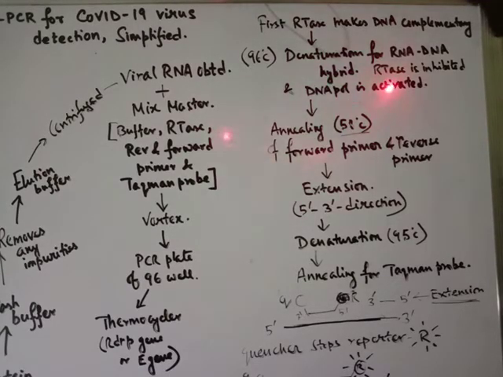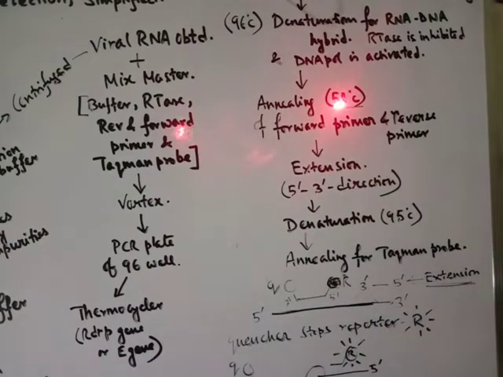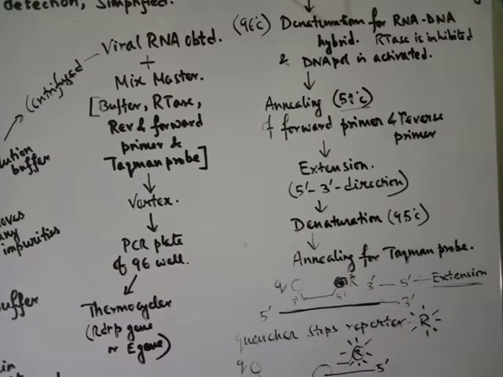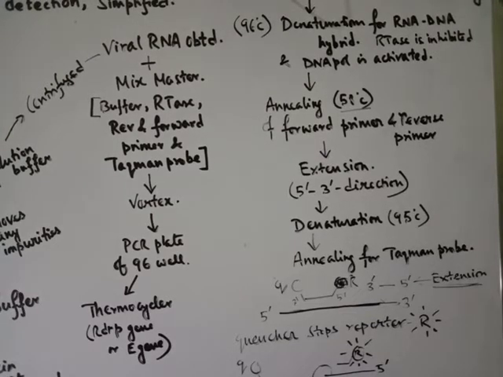After this is activated, we first reduce the temperature. So this is the denaturation step, followed by the annealing step. In the annealing step, at a temperature of 58 degrees Celsius, the forward primer and reverse primer bind to the DNA as we have made with the help of RTS. Then after annealing we have an extension period, which amplifies the DNA sequence because the primer-template junction is provided now. So the DNA polymerase can now act, and while acting it extends the sequence in the 5' to 3' direction, as we know.